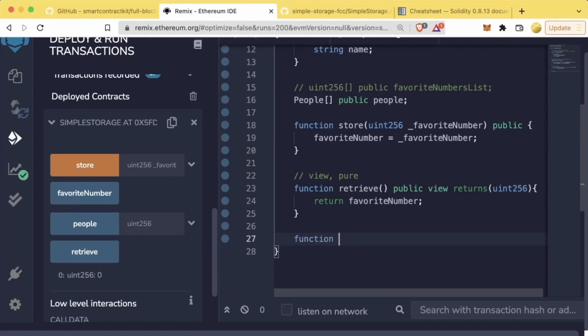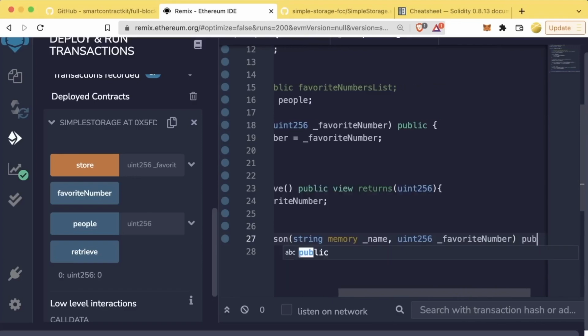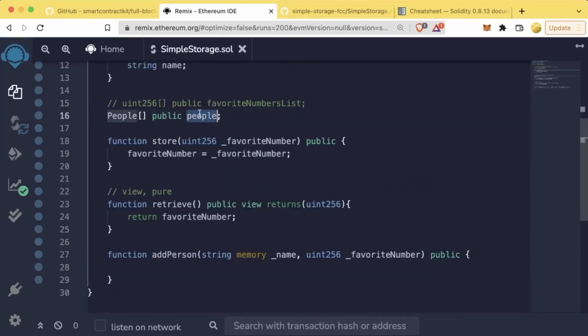So we're going to say function addPerson, and we're going to take string memory name as input parameter, and I'll explain that in a minute, and a uint256 _favoriteNumber. We're going to make this a public function. What we're going to do is we're going to call a push function that's available on our people object. So we're going to say people.push, and we're going to create a new person, a new People object, which is going to take in the favorite number